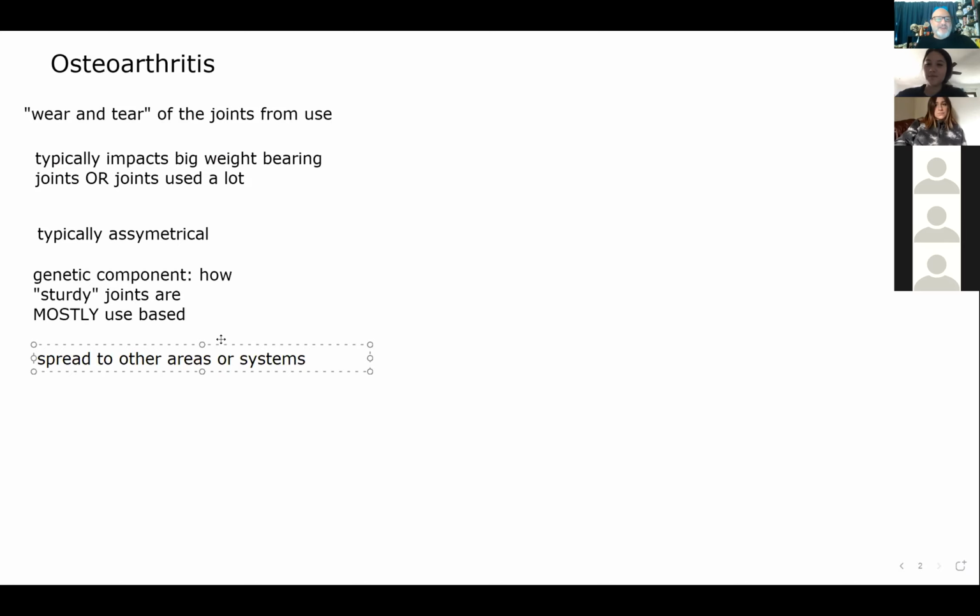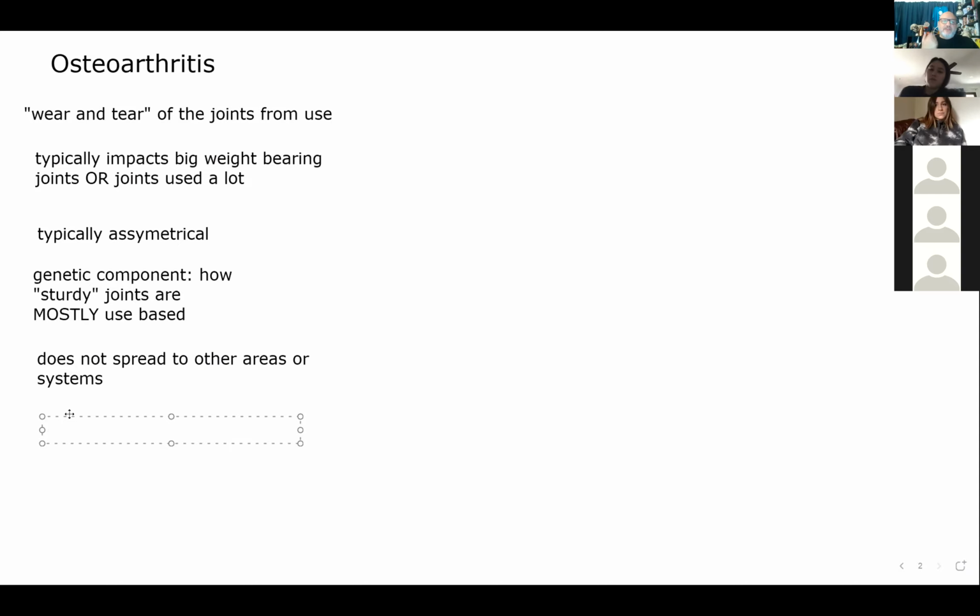This doesn't spread to other areas or to other systems. So if you have a problem with your hip and you replace the hip, you're fine, right? And it doesn't affect the eyes or the skin or any other systems like that. It's a silly question, honestly, right? And again, this is an